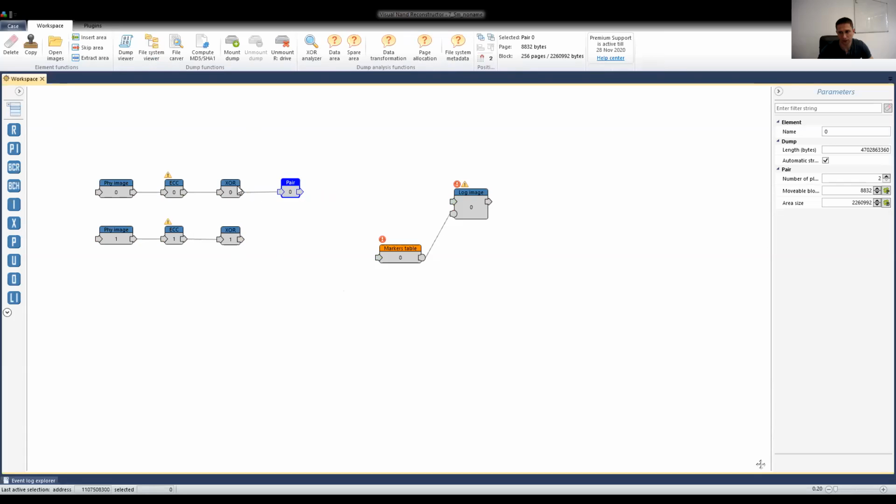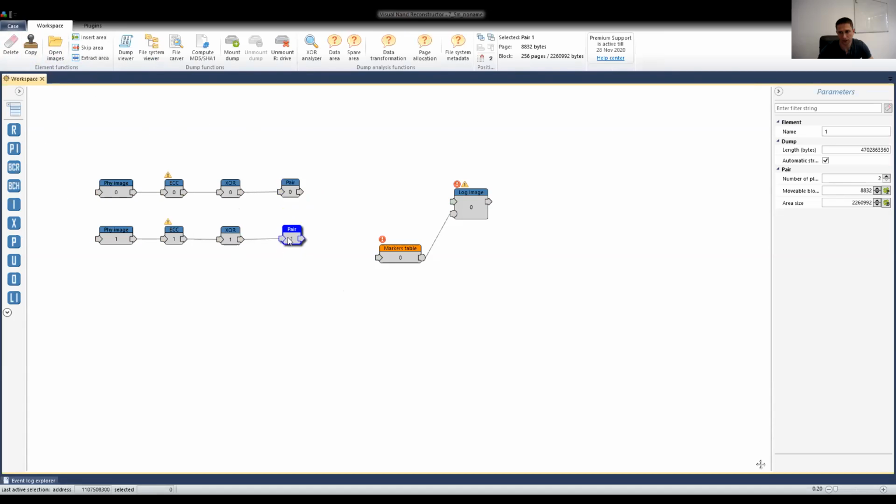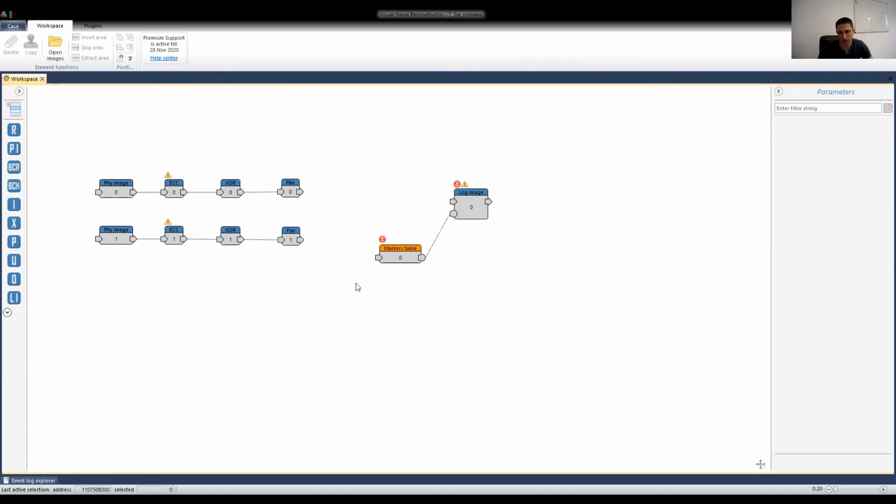Once we realize that pair should be used for this chain, of course, we use pair for the second one. We just repeat the steps. So I can use that copy button, or I can drop another pair element. There is no difference. Okay, now we have two pairs. And then how to proceed? I need to unite them somehow, right? How to do this? I open them together,